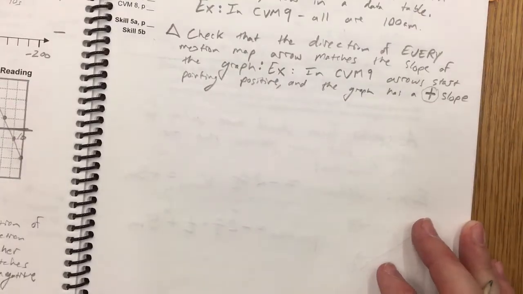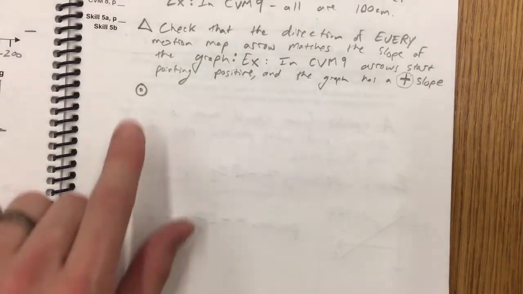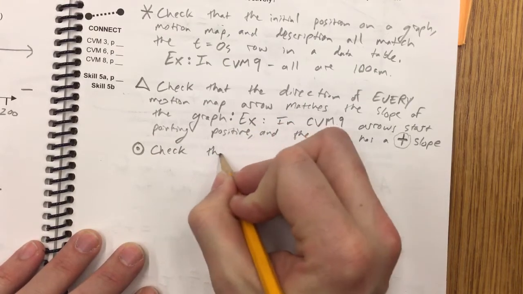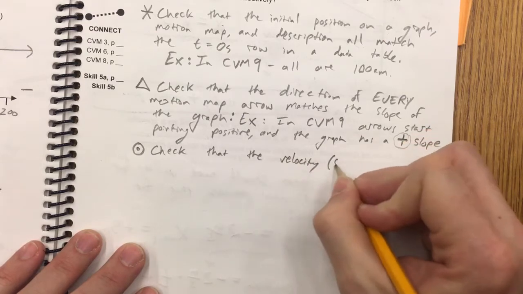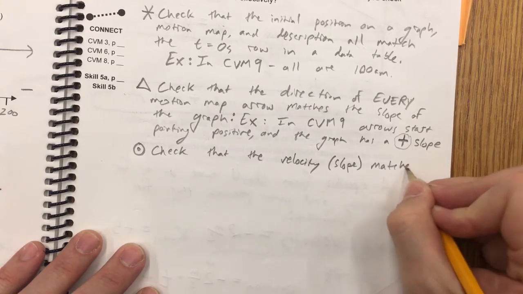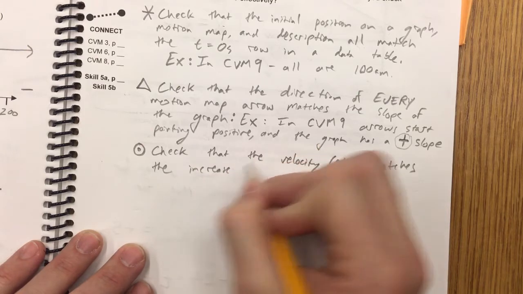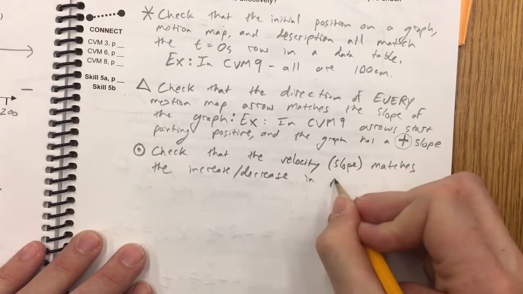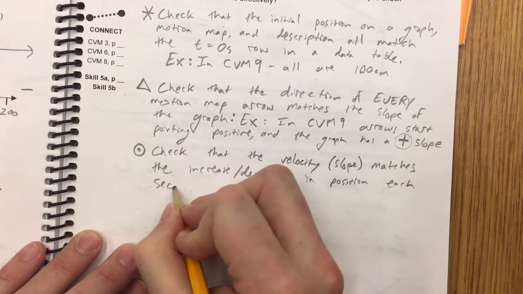One more example of what this looks like. I'm going to use a circle with a dot in it for this last example. We want to check that the velocity (slope) matches the increase/decrease in position each second,